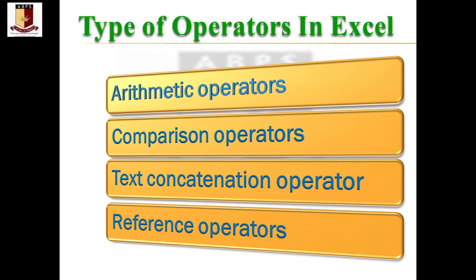Text concatenation, also called joining or merging of different text, has an operator too, like the ampersand. However, functions are also available for the same. So it depends on you what you want to use in your practical, the CONCAT function or the operator. It's up to you. Reference operators are generally for reference purposes, like a range reference or the cell address of some other cell, so you can pick the value with the help of the reference. These are operators like colon or space.